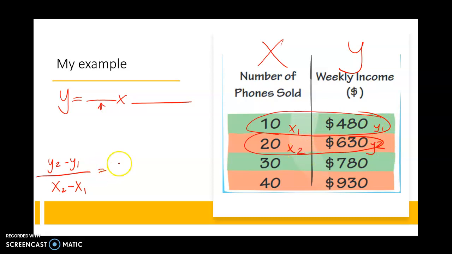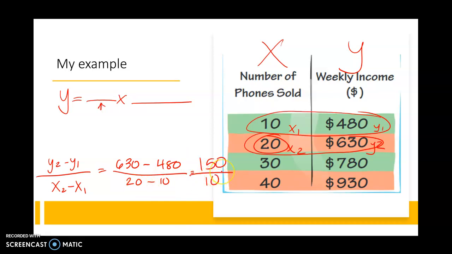My y2 is 630 minus 480 over 20, which is my x2, minus 10. 630 minus 480 is, let me use my handy dandy calculator, and it is 150, so I have 150 over 20 minus 10